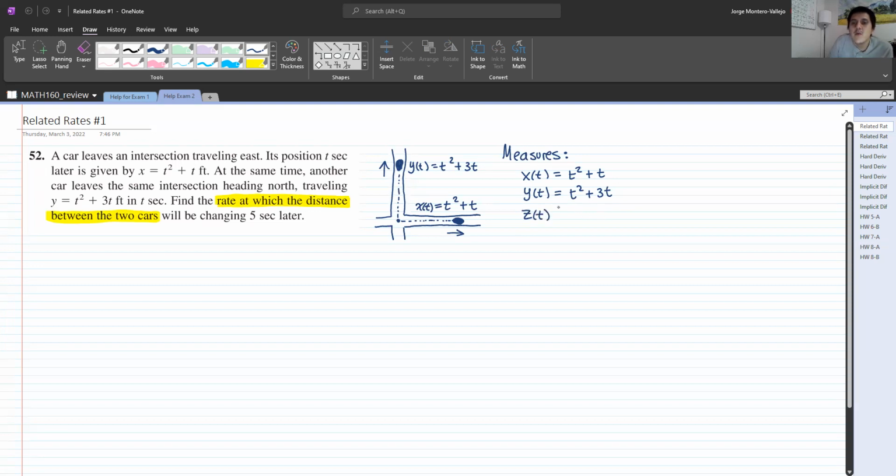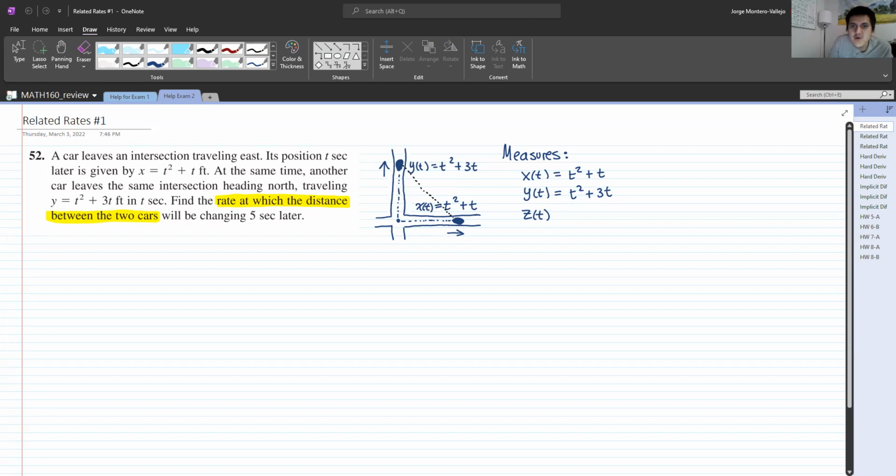Okay. We don't know what z is equal to. I mean, we can figure out what it's going to be, and of course, it's going to depend on x and y. And I guess you could already see that it's going to come from the Pythagorean theorem, right? Because we have this leg over here, the length of it is given by y of t. This other leg is given by x of t, and the distance here,